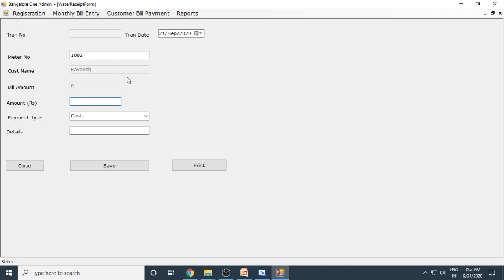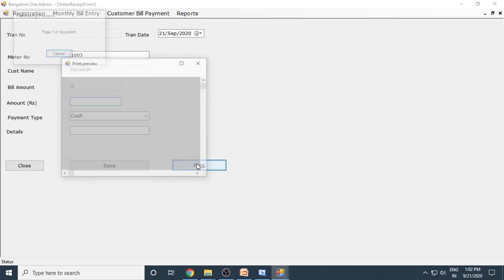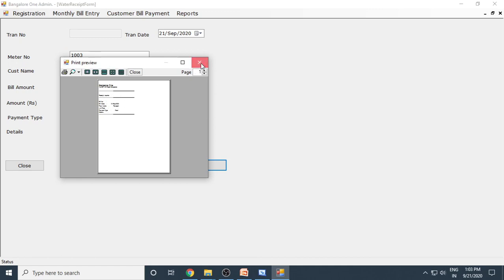We go to the water bill table and fetch the data to figure out what the total money supposed to be paid is. Then we go to the receipt table and fetch the data again, to see what money was already paid. From that you subtract from the total bill, and then the balance will come. That balance amount has to come over here. Because you already paid, it becomes 0. There is also an option to take the printout of this.